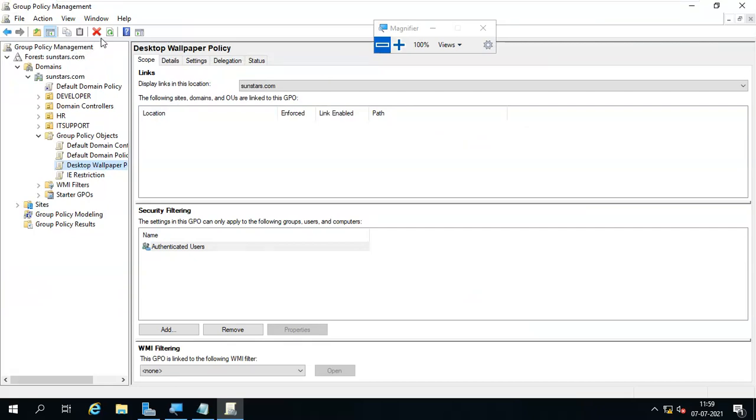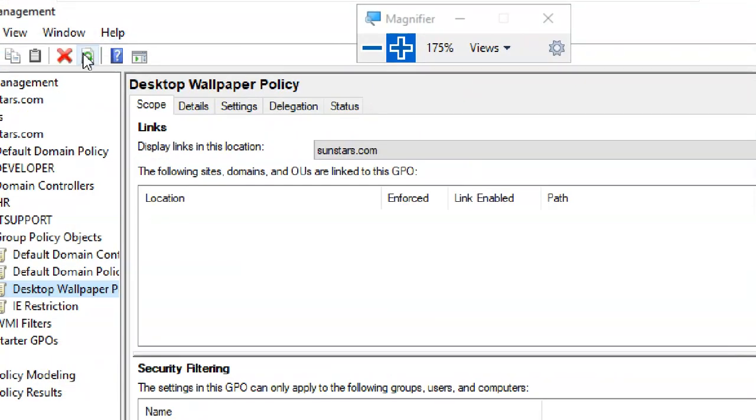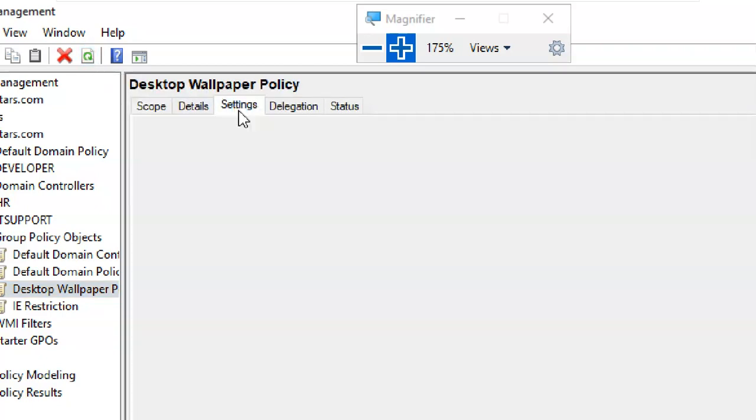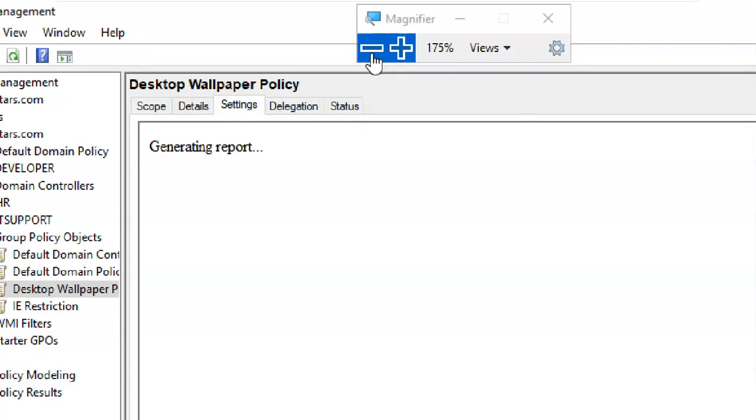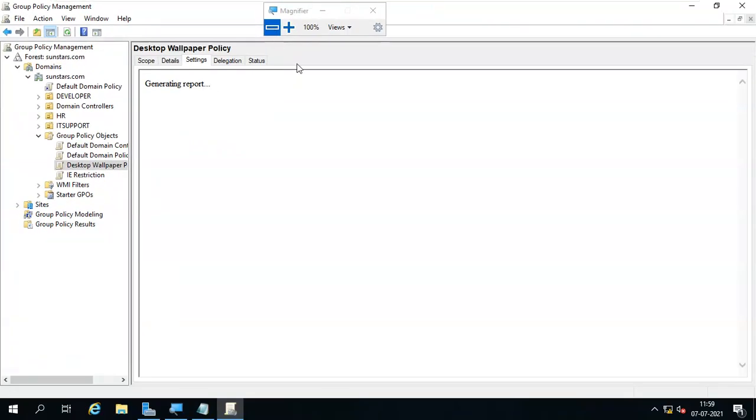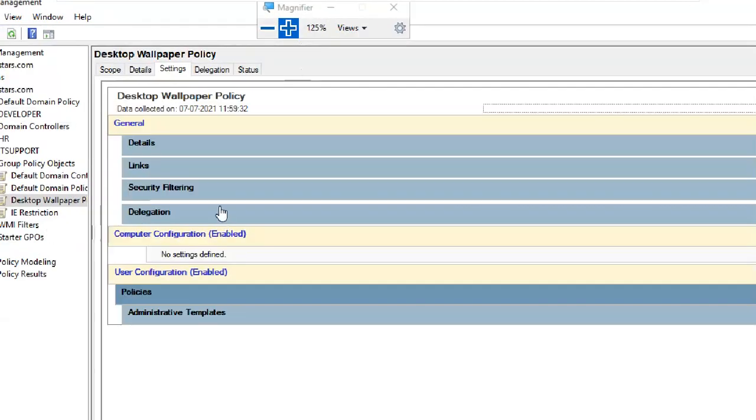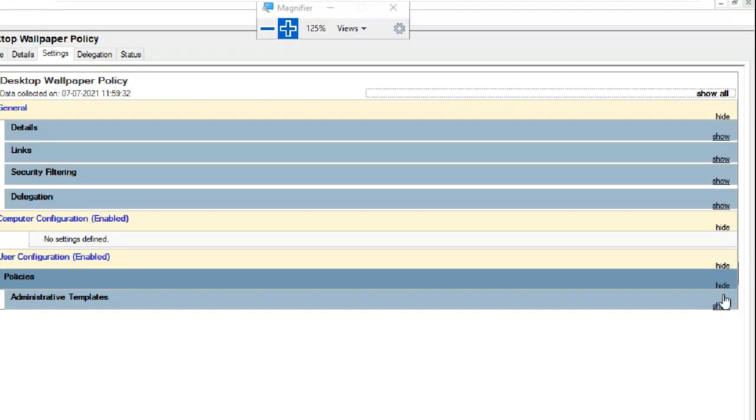Okay, I'm going to refresh, so you can see the refresh button here. Refresh, click on settings. So what settings you made in this policy, you can go for it.